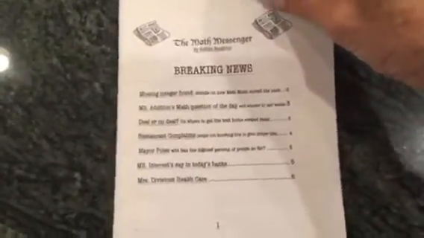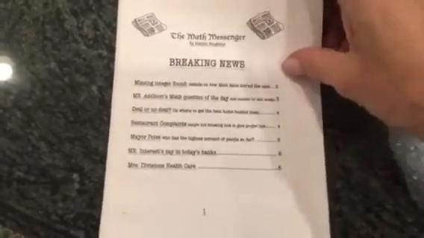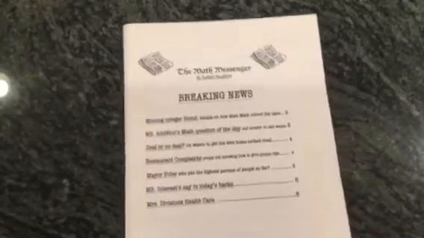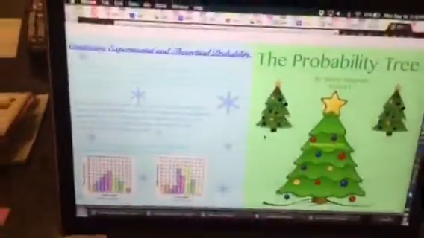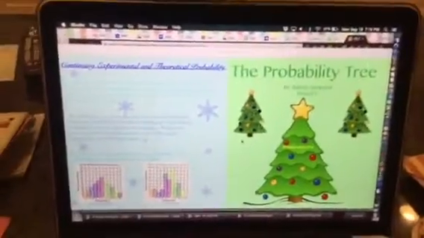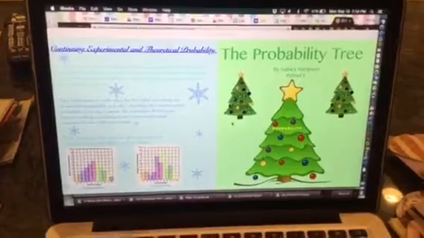Okay, another good one is a math newspaper. And this is the Math Messenger and breaking news with all the different topics that we studied. And then if you open the newspaper up, you can see that this person wrote quite a bit about each topic. Then we have some on the computer here. I don't know if you can see these very well, but here's one, the probability tree. And you can see that every topic here,